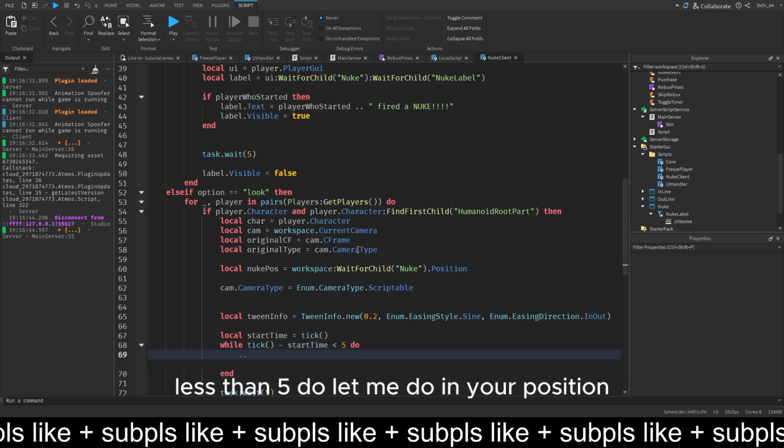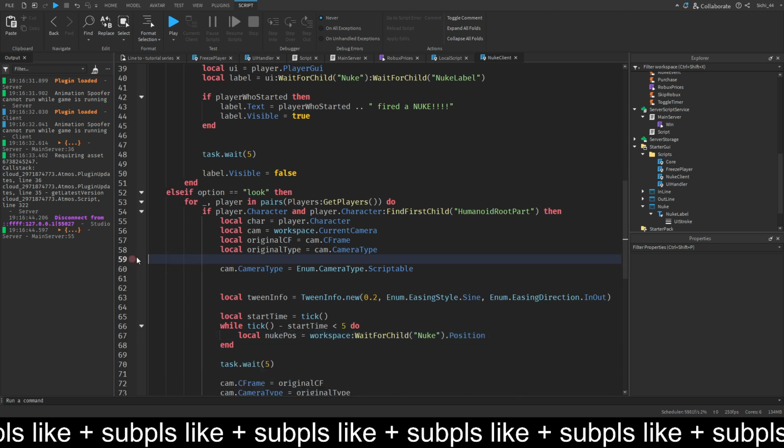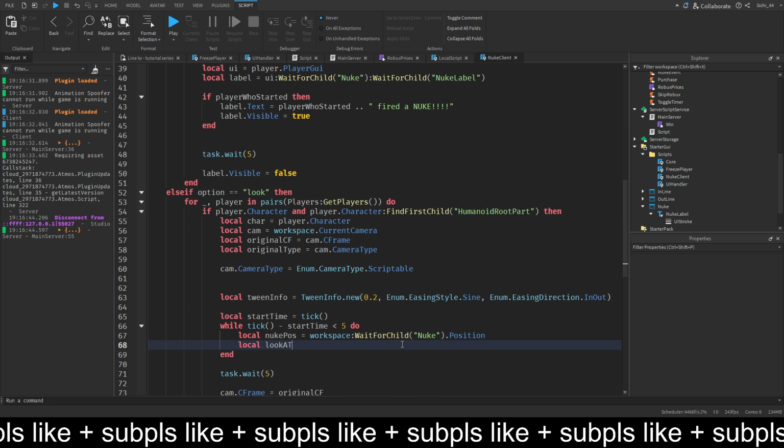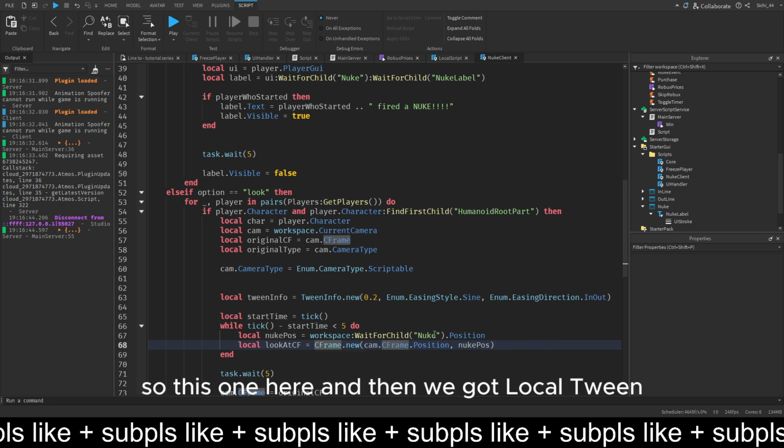Then we do new position, and then we get the lookAtCFrame. So local lookAtCF, go to this stuff. So this one here, and then we got local tween